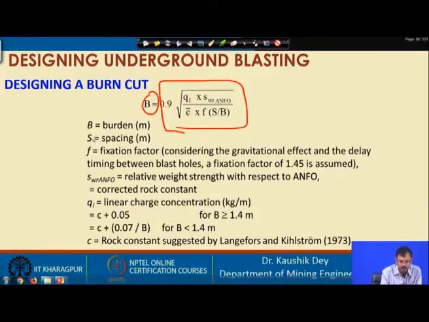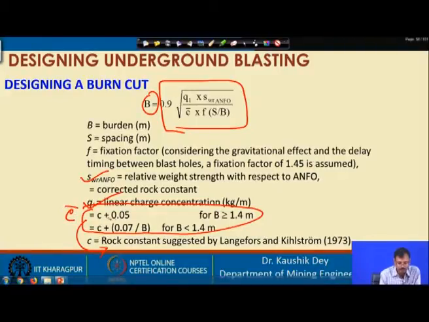B is burden, S is spacing, F is the fixation factor considering the gravitational effect. This is the relative weight strength of the explosive with respect to ANFO, considering what explosive you are using. This is the linear charge concentration, and I think this portion will come in the bottom. This is basically C bar.